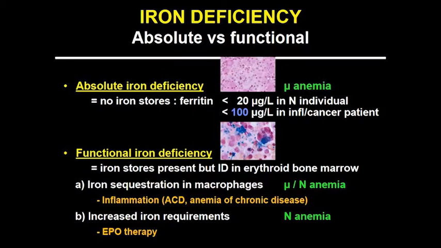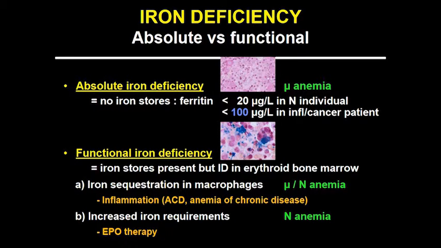So you actually carry out ferritin assays. It's typically under 20 micrograms per liter in a normal patient, but for cancer patients, it's lower than 100 milligrams per liter. On the other hand, functional iron deficiency,